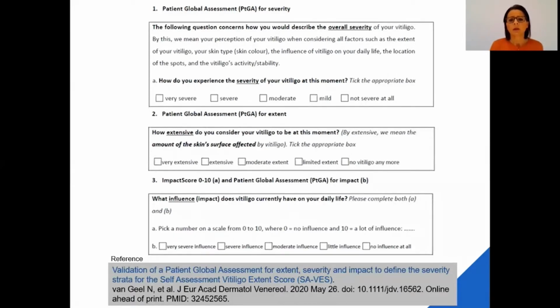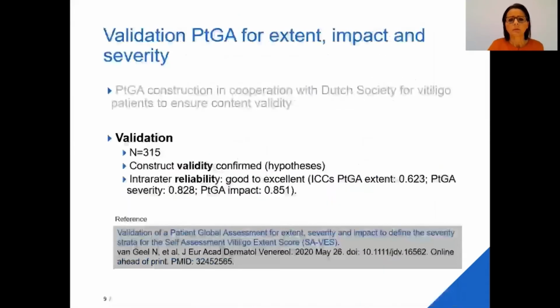These scores can also be found in our recently published article. Subsequently, we validated these PGA scores. The construct validity was confirmed based on hypothesis, and we could also demonstrate a good to excellent intra-rater reliability.